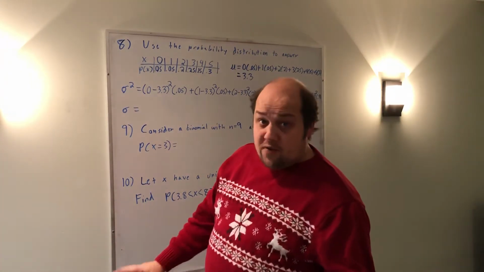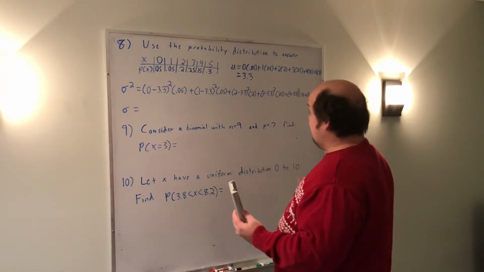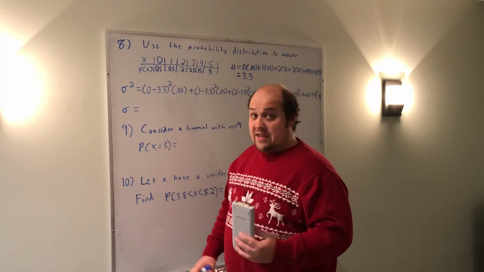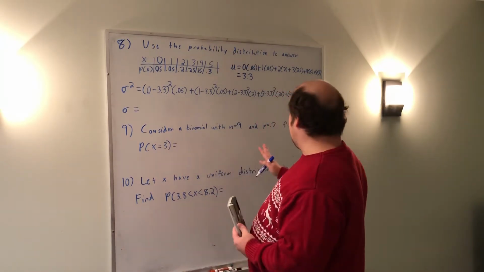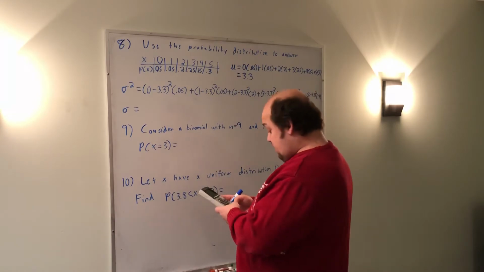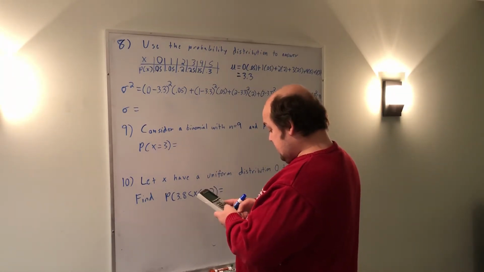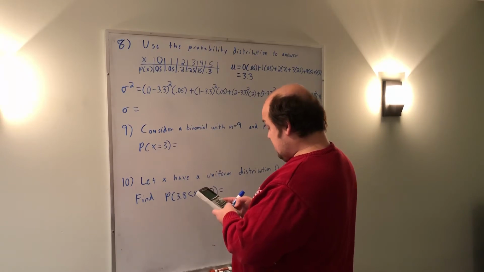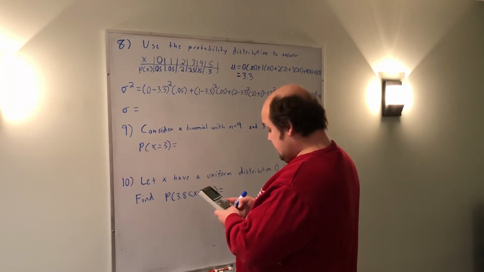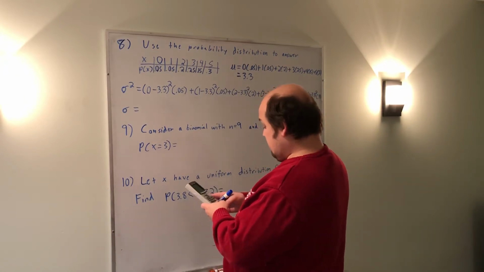So you want to be very careful with all your parentheses, with all your pluses, minuses. I would definitely try this 2 times in your calculator on the actual final to make sure you haven't made a keystroke error as you're going along. I'm putting it in: parentheses 0 minus 3.3, end parentheses squared, parentheses 0.05, end parentheses, plus parentheses 1 minus 3.3, end parentheses squared, parentheses 0.05,